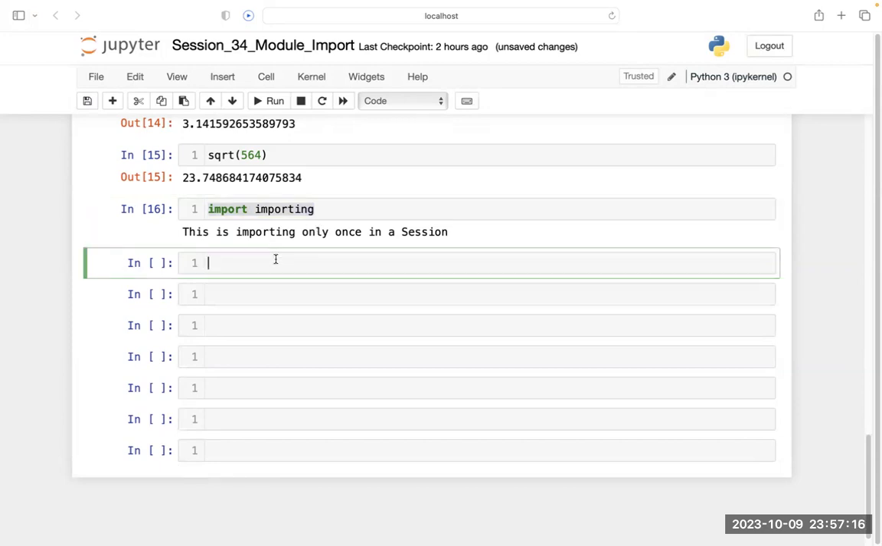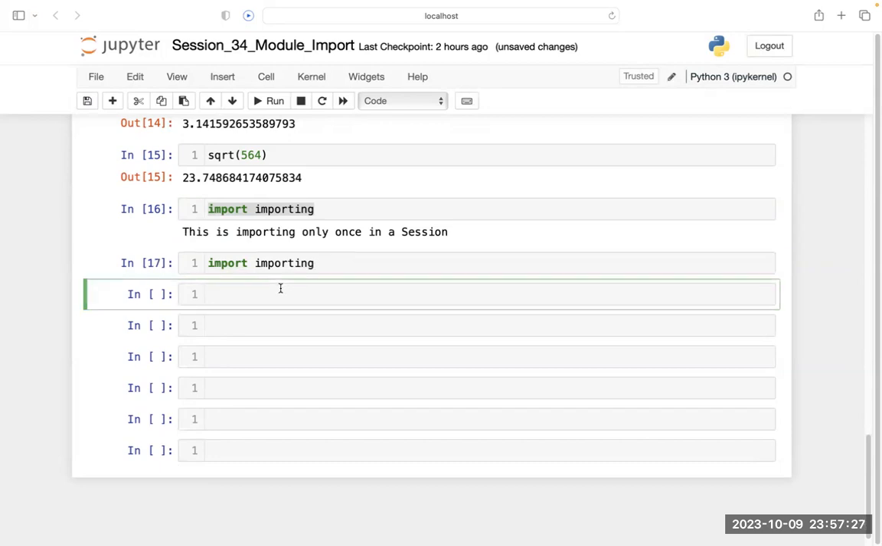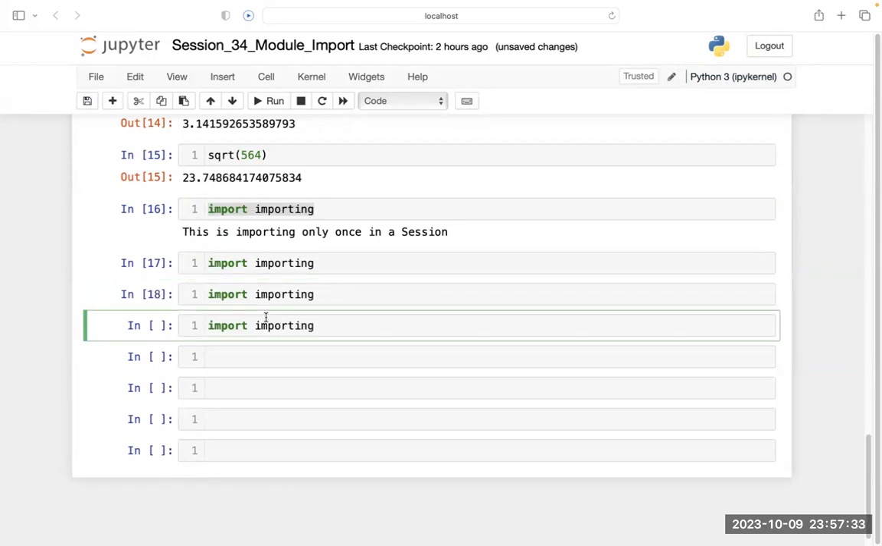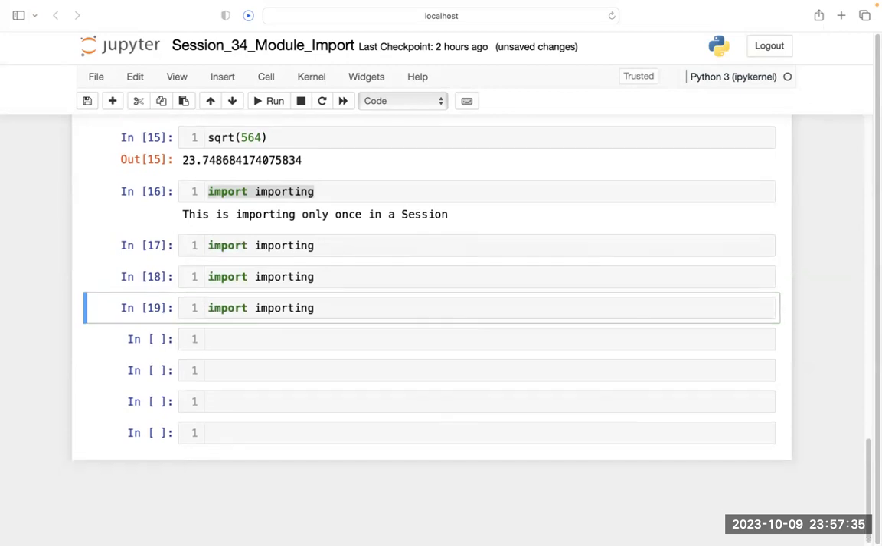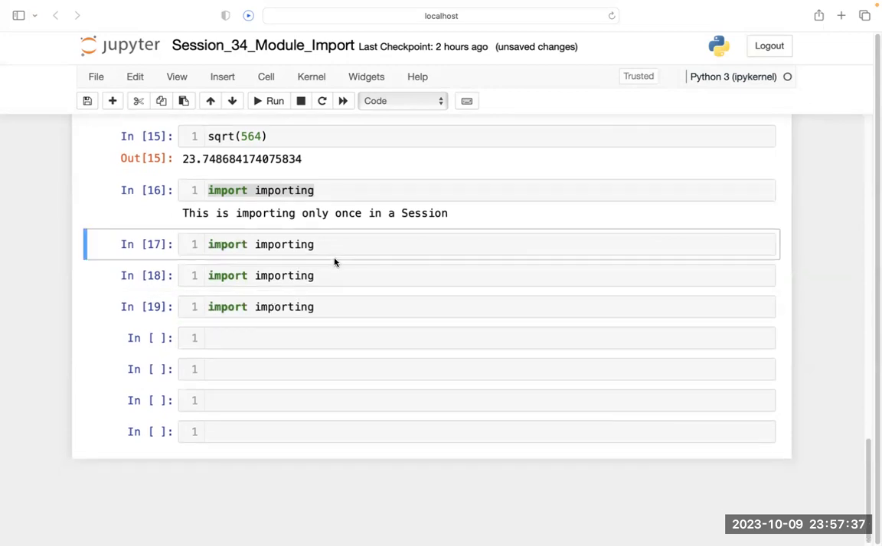Let's again do the same thing. Import importing. You are getting nothing. Again do it. You are getting nothing. Again do it. You are getting nothing. Because